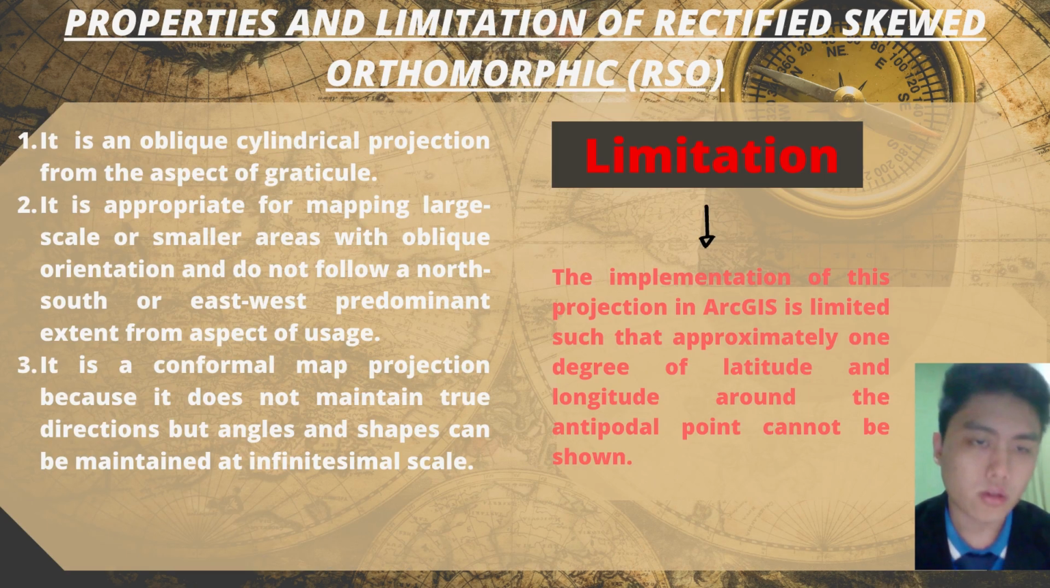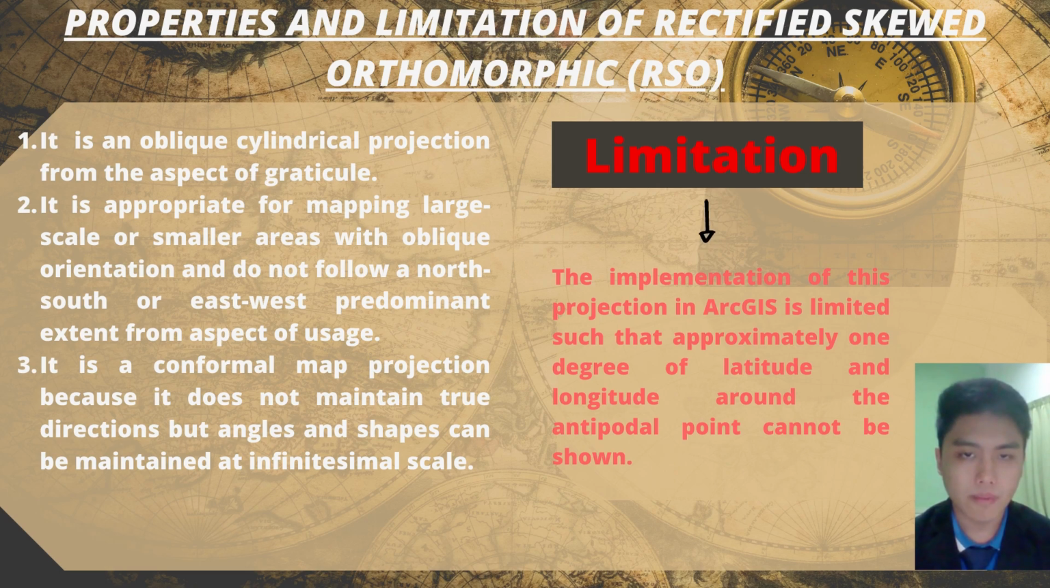Okay, now we talk about the properties and limitations of the Rectified Skew Orthomorphic. One of the properties of RSO is that this projection is an oblique cylindrical projection from the aspect